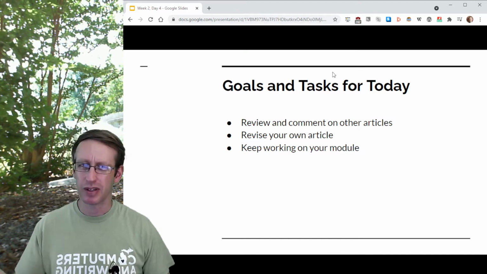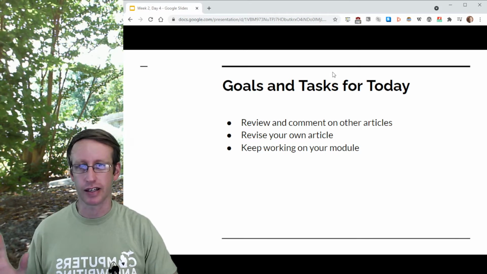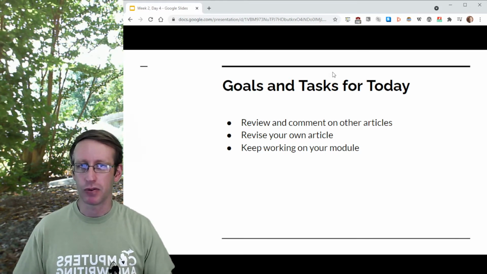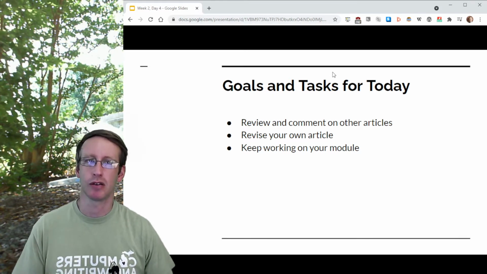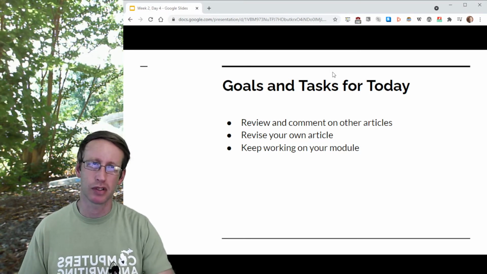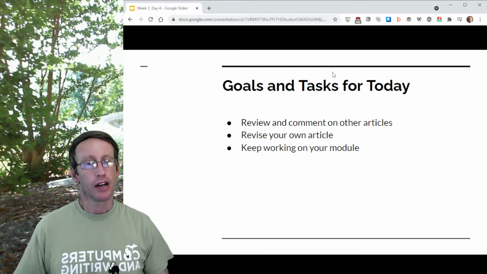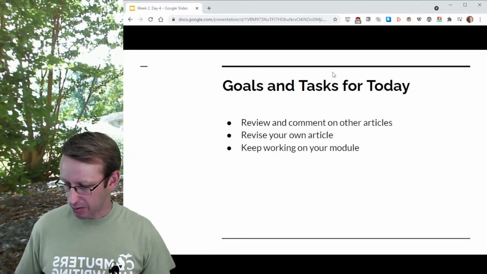But really, what you're submitting in Canvas anyway isn't the article directly; it's the reflection on it. So if you do make changes today, I want you to include those changes in your reflection. If you've already submitted a reflection based on things that you did before today, it might not be complete, and you might need to go back and add some things. Hopefully that makes sense.